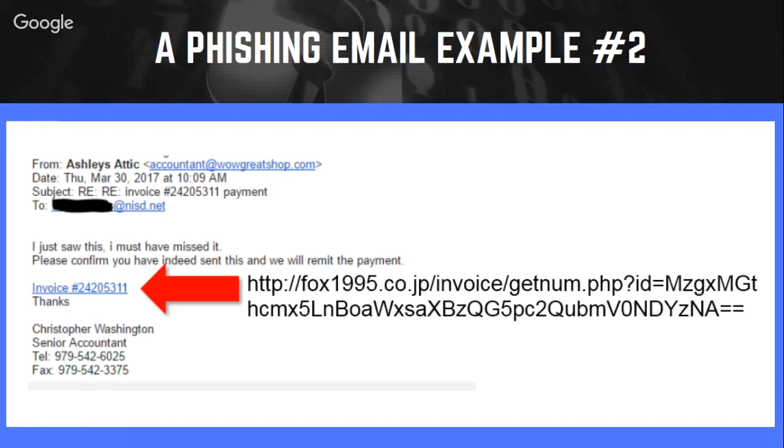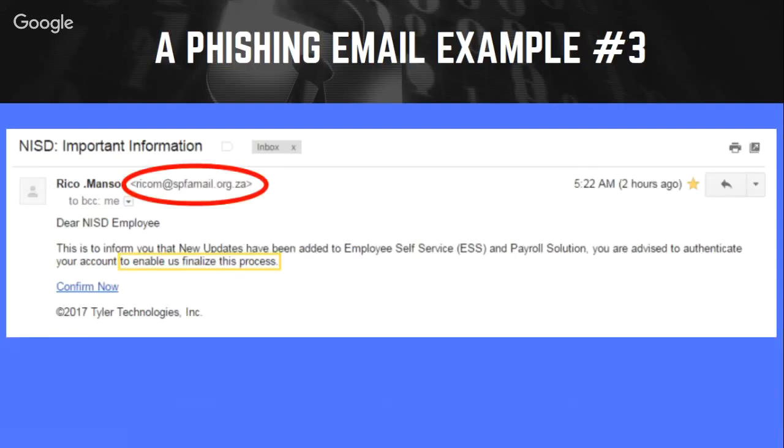So let's go ahead and take a look at another example. This one is pretty fresh. This one just came in the other day. Once again, it looks legitimate when you look at the body of it. Dear NISD employee, our employee self-service and payroll solution, they're asking us to put in some information. But if you look at the email that it's coming from